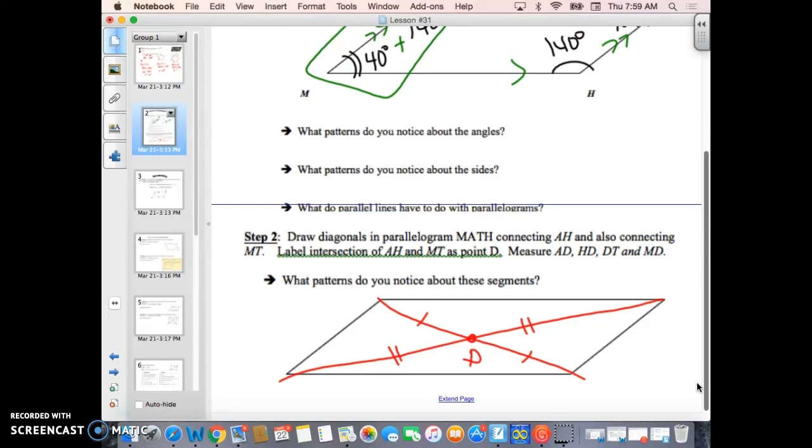things. Also, what you should notice is that this side here is congruent to this side here, and this side here is congruent to this side here. So we've now discovered special relationships in the angles and special relationships in the sides. So, for example, if I said that this segment right here was 2, you would know this segment is 2 as well. If I said this side was 5.3, well then you know that this side is 5.3 as